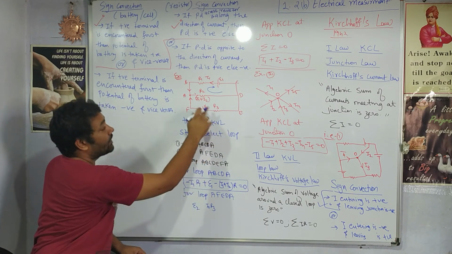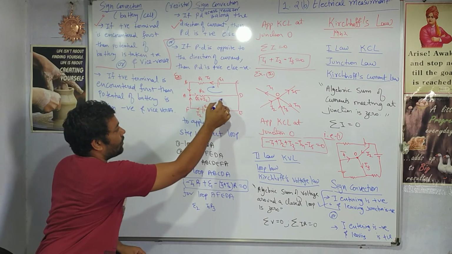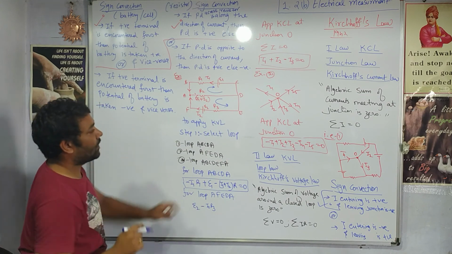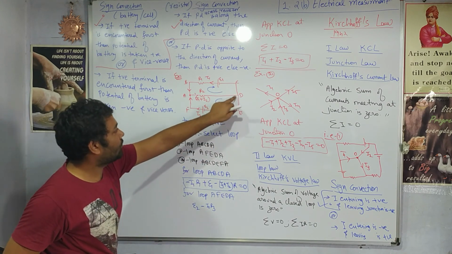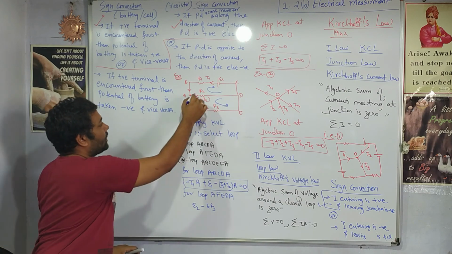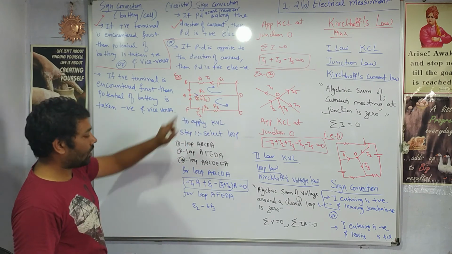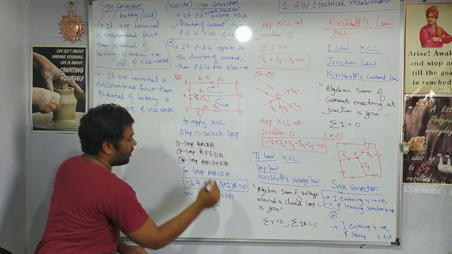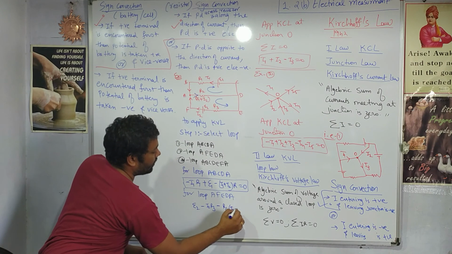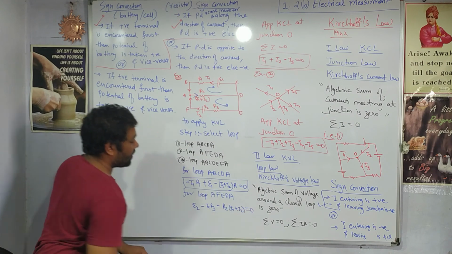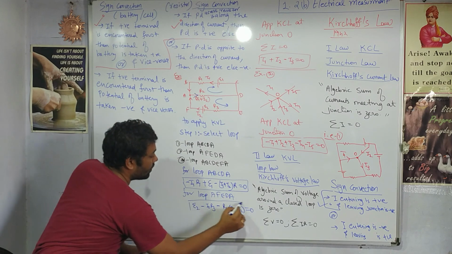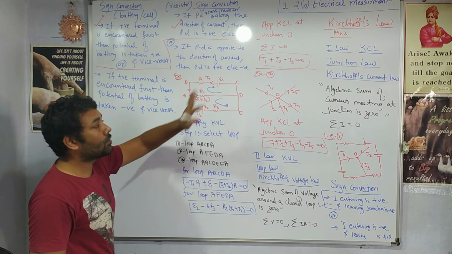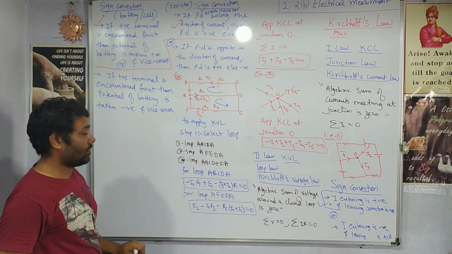What will be its sign? Negative, because we are moving this way. Our path is this way, but current is moving in the opposite direction. So this will be negative. ED, no potential drop. D to A, right? For D to A, again the direction of the current is reverse, so negative sign. Potential drop will be resistance into current. Again the algebraic sum is 0. So here we have got the second equation. Application of Ohm's law to the individual resistors will lead us to this conclusion.